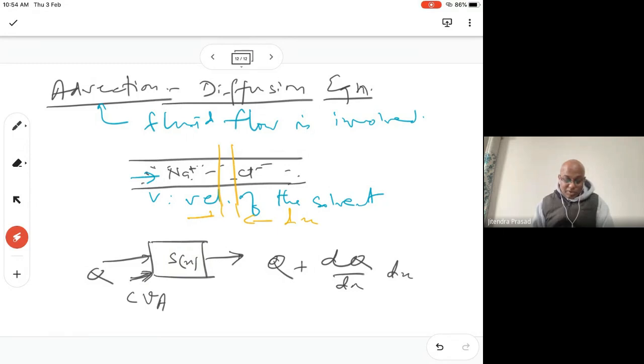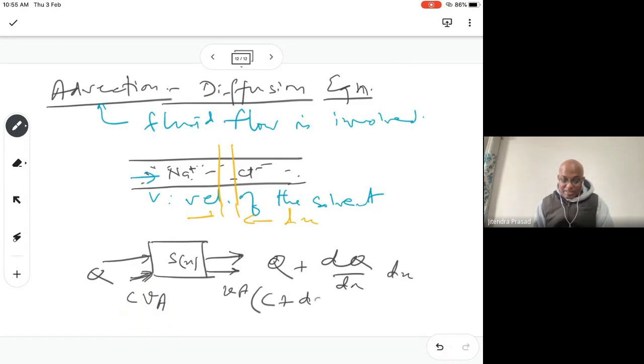Concentration times length times area gives volume multiplied by concentration, which gives the number of moles per second, so it is the same as Q. What is leaving will be V times A times C